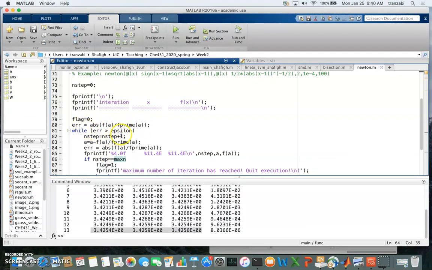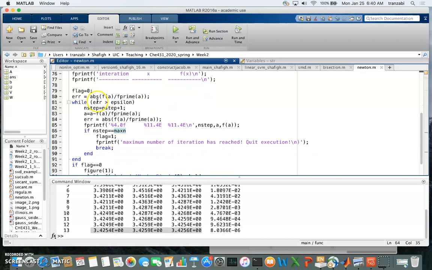If this error is bigger than the threshold epsilon, that means we have to iterate, we haven't converged. If this error is less than the threshold or epsilon, means we converge and we have to stop. So the condition would be exactly on error. If it doesn't converge,